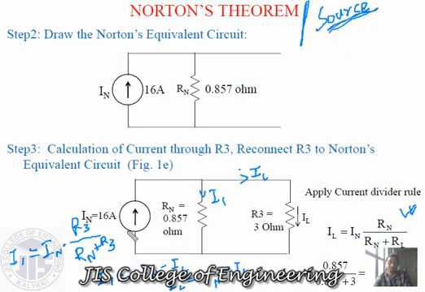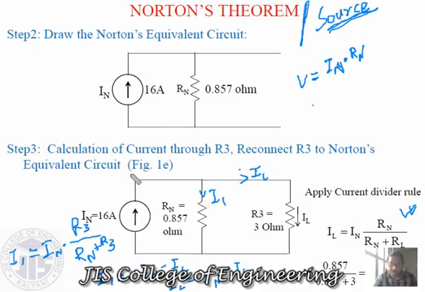So your source conversion value will be your overall voltage. If we consider V equals I into R, so your V value we can write over here again as IN multiplied with this RN. That will be your VN value, and again that will be in series. So the same circuit we can represent in a different way, like then your circuit will be a different one.